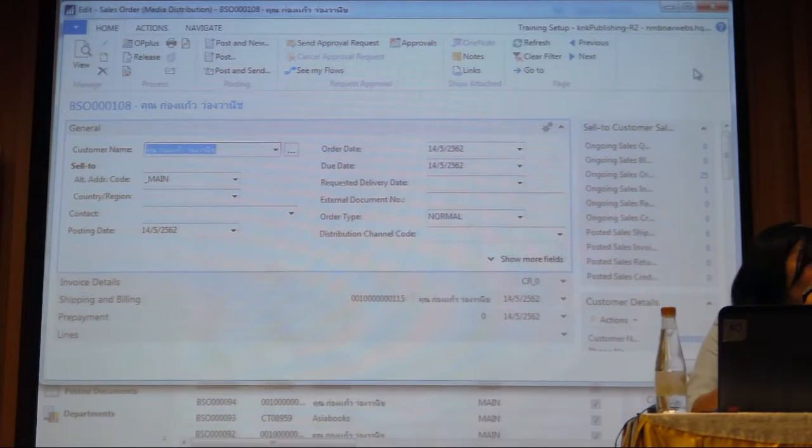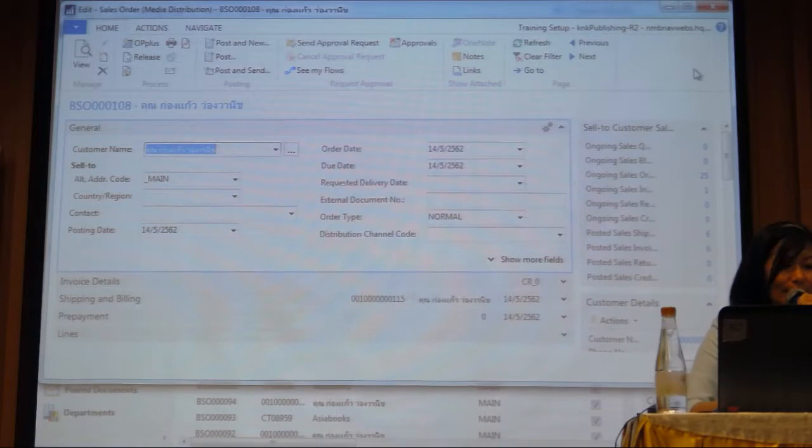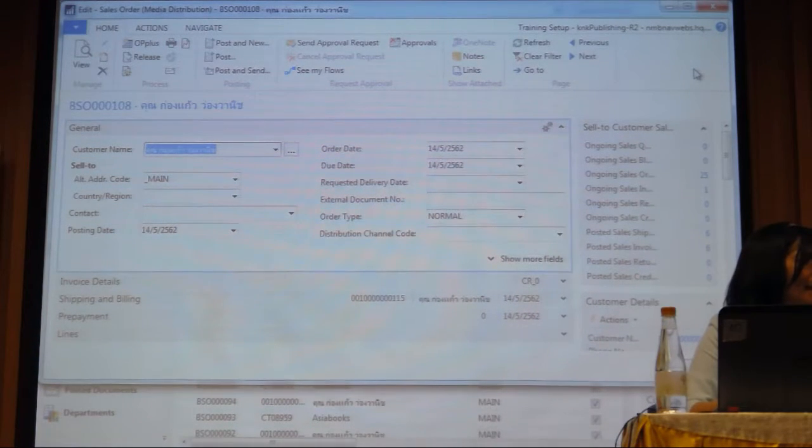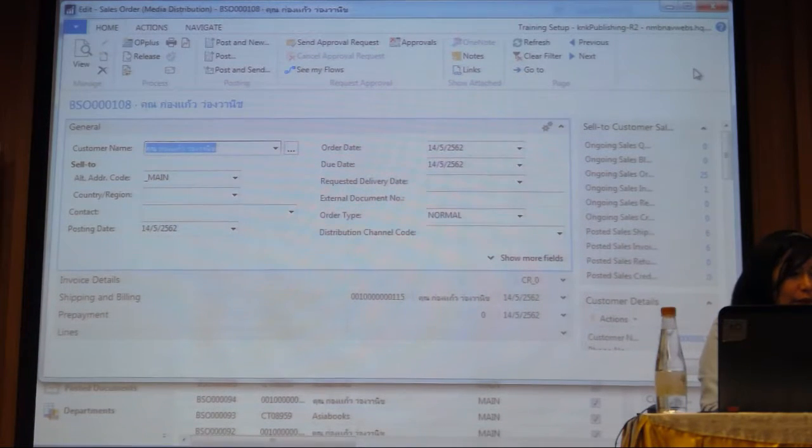So any questions about the credit limit? No, I think we're just interested in how the workflow would appear. Okay, yes. So for the workflow, we need to exclude